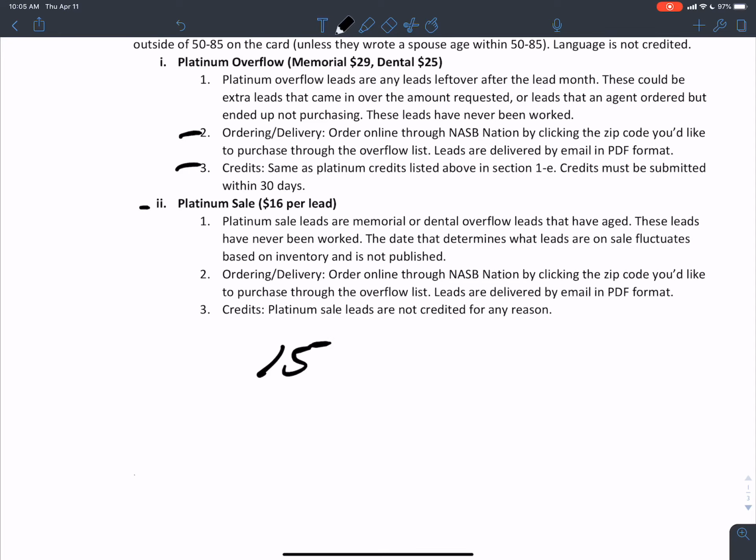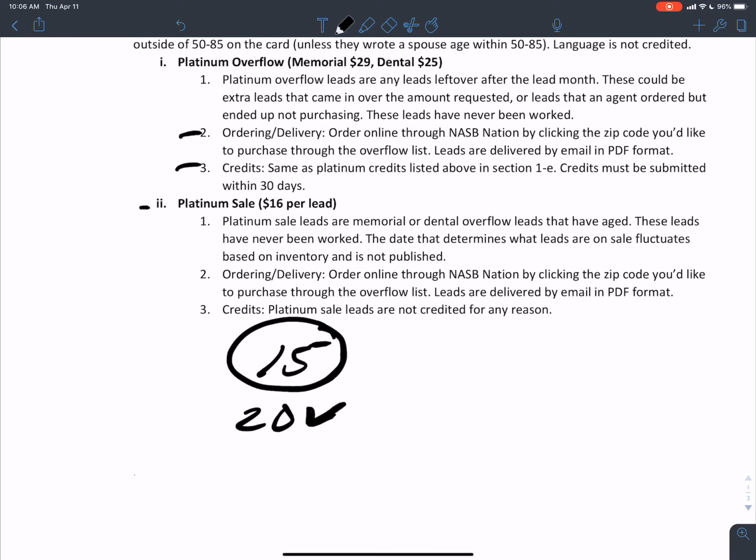They placed the order, we mailed it, but they got 20 leads a week that actually came back. They came back in the mail, even though they're only required to buy the 15 leads that they requested. So the 5 extra leads that came back per week go into an overflow that you can purchase. Now, if it's a platinum lead on overflow, that means it's usually within 90 to 120 days old,